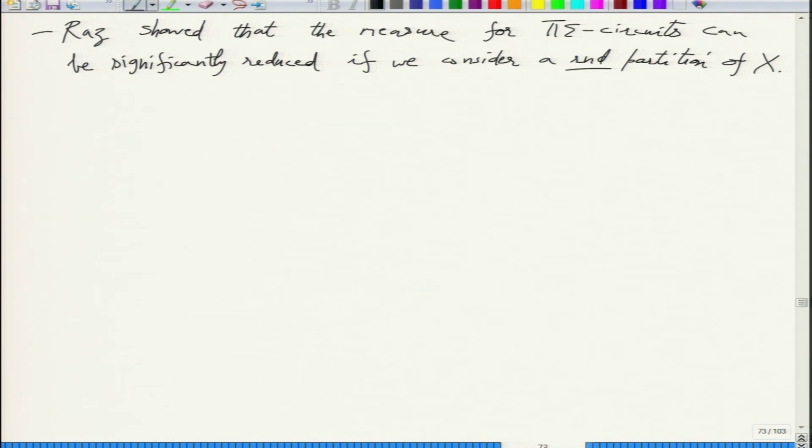Remember that this matrix that we draw depends on how we partition the variables. There are exponentially many ways to partition the variables. So even if there is a single partition that reduces the measure, it can be good. In fact, we will show that most of the partitions will be of this type. The measure will be quite small. It will not be sub-exponentially small, but it will be much smaller than 2 raised to n. So that's the theorem, the upper bound.